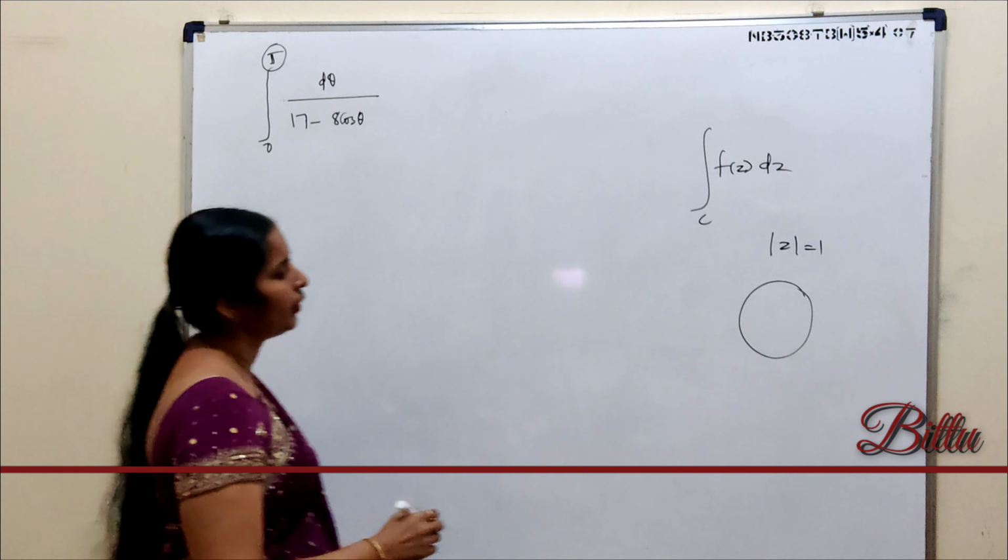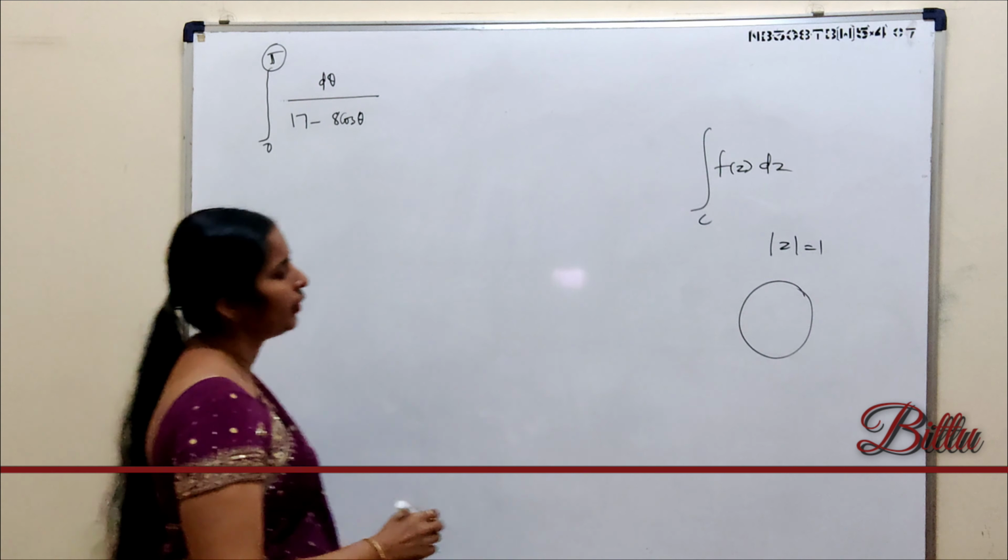For convenience, we make some notation. I will call the given integral I. We have to find the value of I. Now I is given by this integral, that is equation number 1. Next we evaluate this integral, then take its half, that will give the required answer. So our aim is to evaluate this integral.